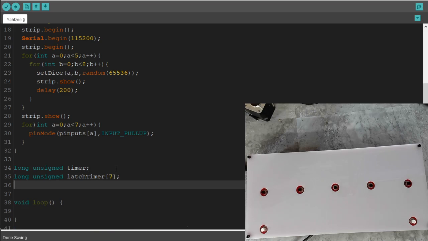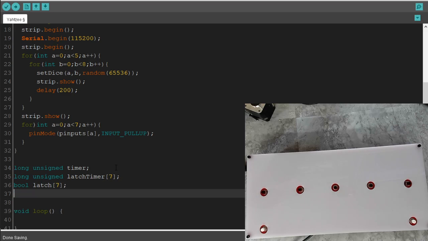Okay. Let's see. What else do we need here? We got the timer. We got the latch timer. We need the button state. Oh yeah, hold state. We need to know if it's actually being held or not. So we need a bool hold. Oh, we need a latch too. I'm going to do the latch first. So if it's latched, the button is latched. There we go. Okay, so we also need a bool hold, which is 7 wide. 7? No, there's only 5 dice. 5 wide. There we go. Okay,